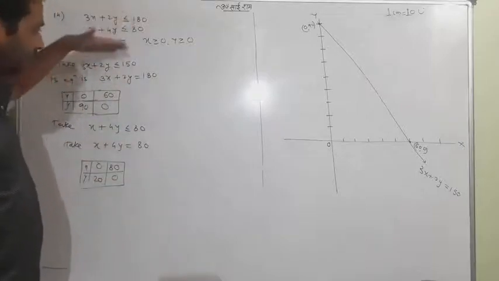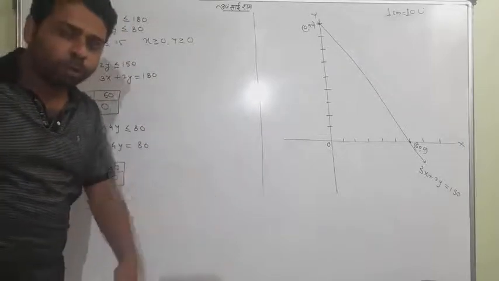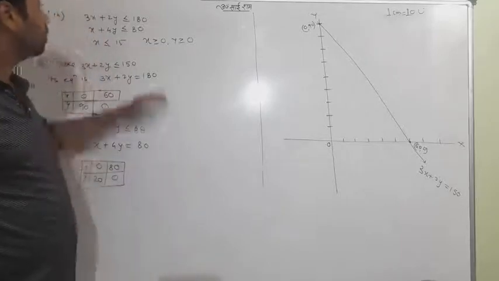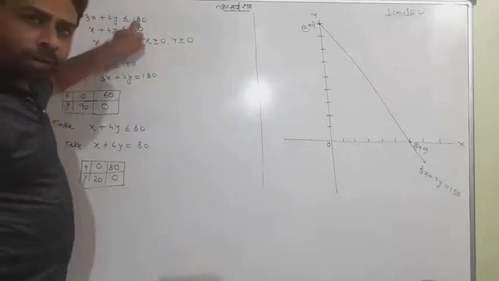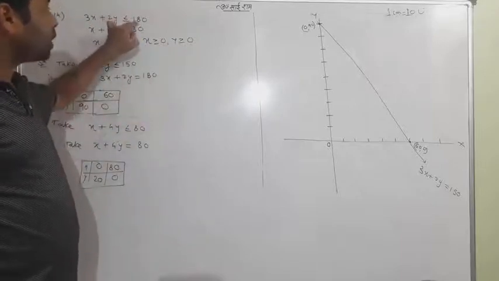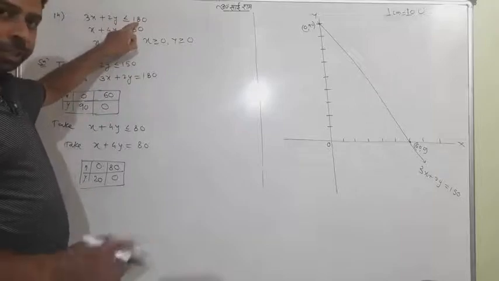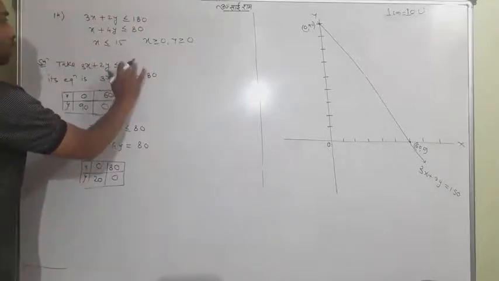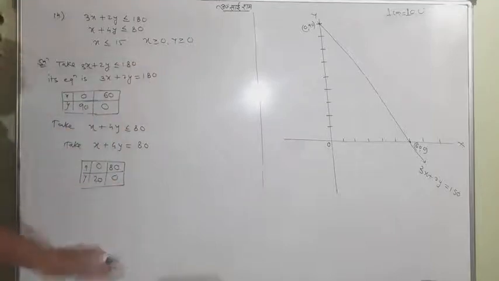Suppose it is 180 and I have made here 10. I just want to tell you the procedure, the method only. The rest is your work. It was 150, but wrongly I did the work on 180. So now let me change this 180 by 180 only, and the rest is okay.